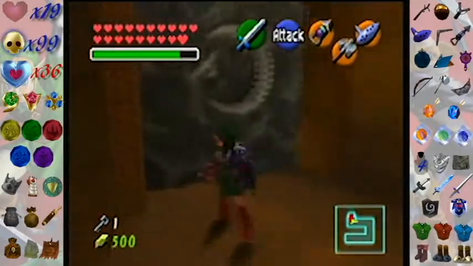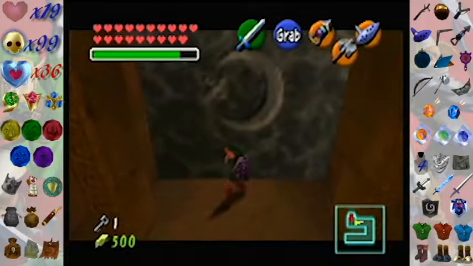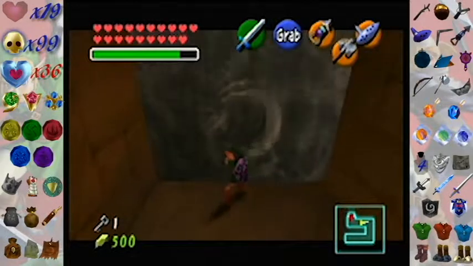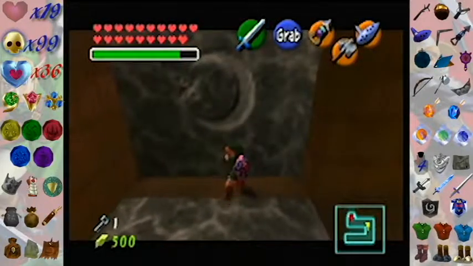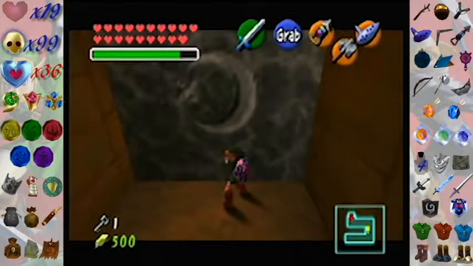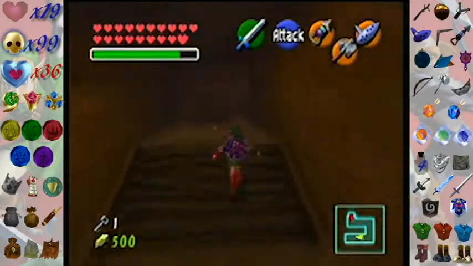Alright, so this is a room that was opened by that rusty switch, and it's never a room that I explored as a kid when I played this game. It's a completely optional room, and all it is is pushing a bunch of silver blocks forever and a day. Alright, so all it is